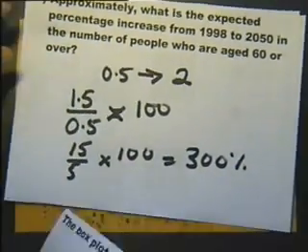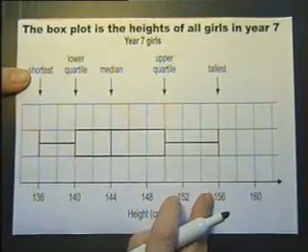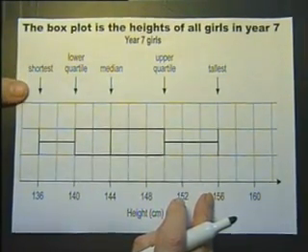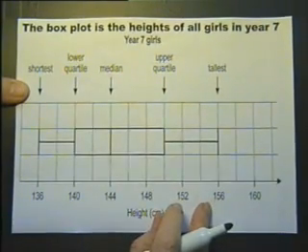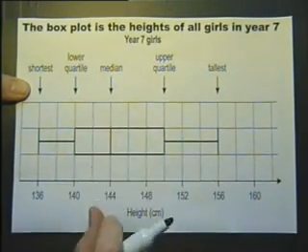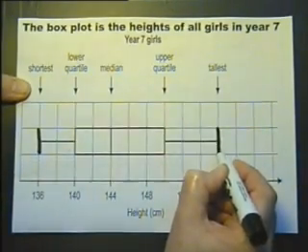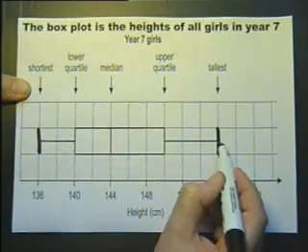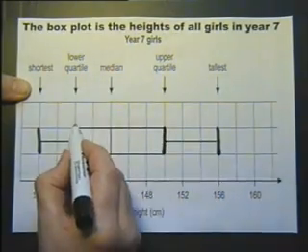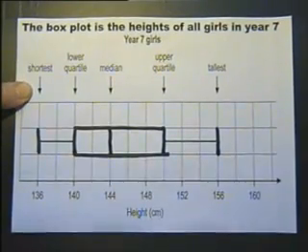Now I reckon this is a generous question, because it gives you that this is a box plot, sometimes called a box and whisker, for the heights of all the girls in year 7. So if you'd forgotten what a box plot was, a box and whisker, the examiner has been generous enough to tell you that the end, the whiskers, tells you the shortest to the tallest. The start of the box is the lower quartile, the end of the box is the upper quartile, and there's the box, and there's the median. So this is just a piece of information,